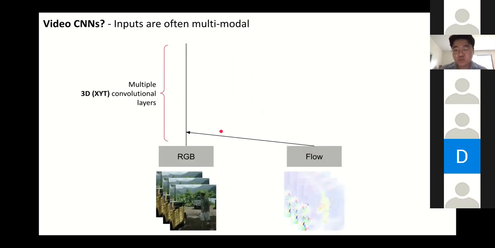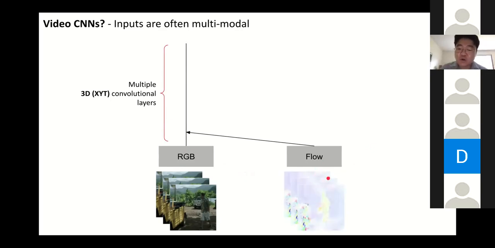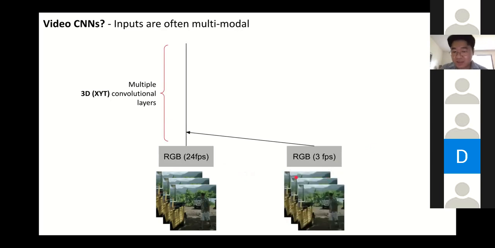So in order to build a better video CNN, instead of just having a single stream, many people tried having multiple streams like this. And one more thing to mention, in addition to just treating optical flow as another stream, another input modality, there were also approaches using different frame rates and treating it as a different modality.